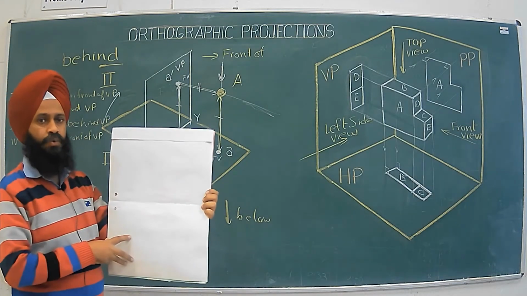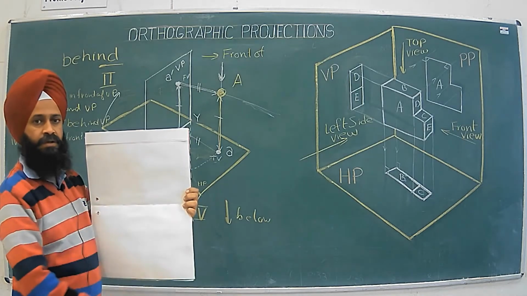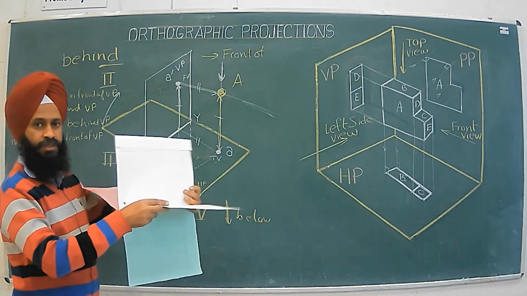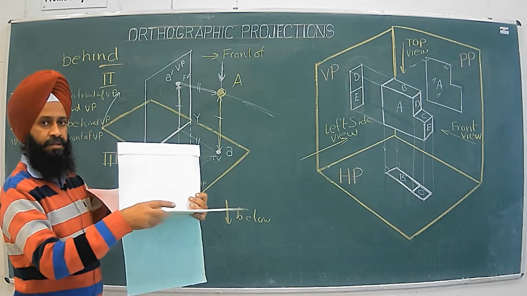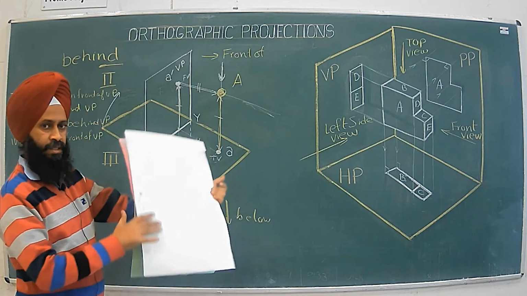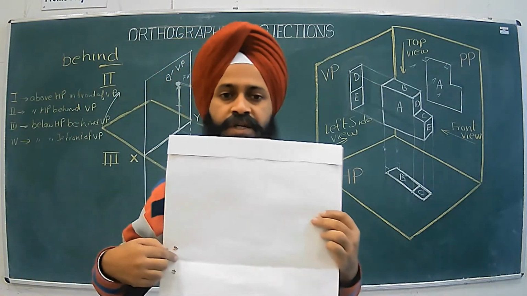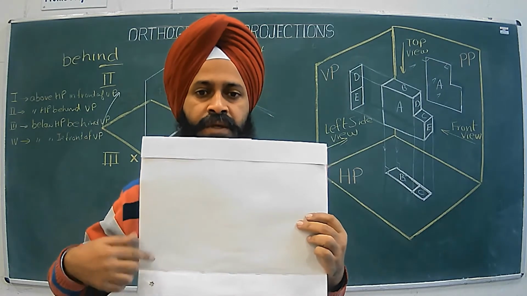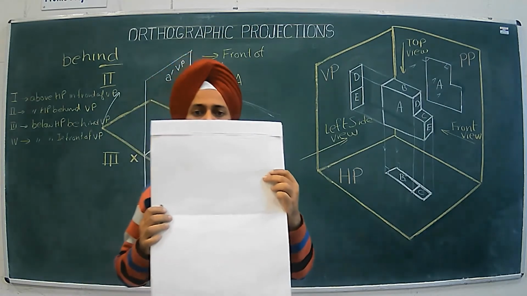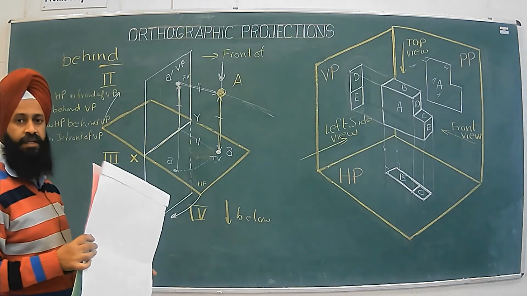So it becomes two-dimensional. Only length and height are visible from the front. So this is what happens. This is our horizontal plane, this is a vertical plane, this is rotated like this, it goes like this. It becomes a single plane. So you can see the xy line over here, and this is our VP, this is our HP. So this is our first angle, because our point was in first angle.